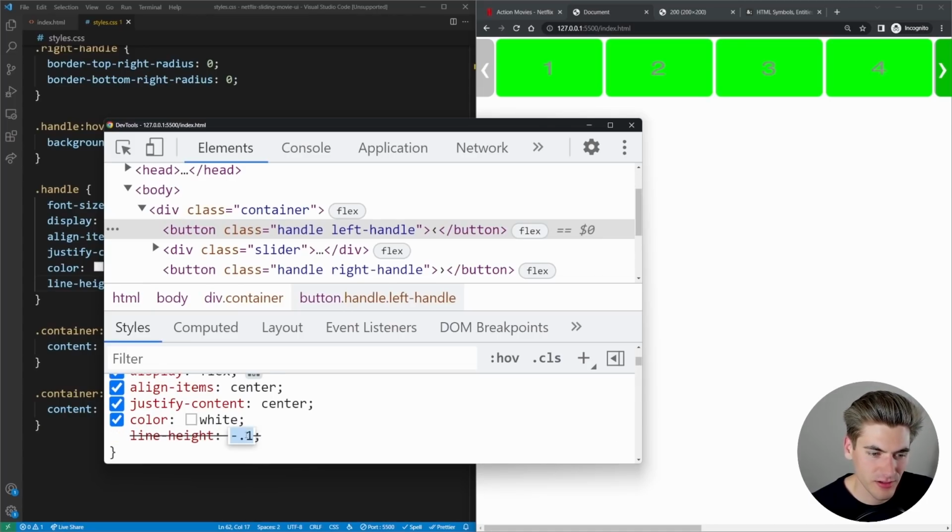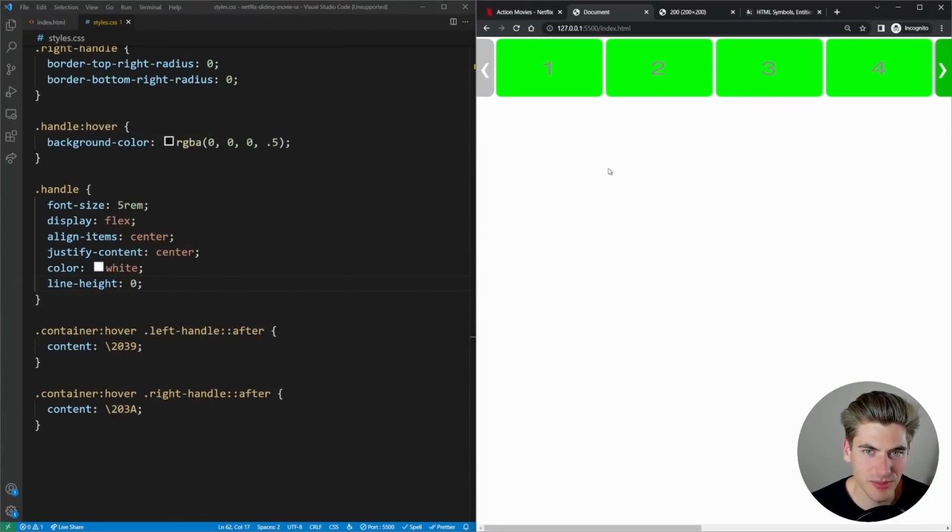You can't do a negative line height. You do like 0.1. That make it more or less centered. Let's see if I change it to 1. Doesn't actually look like line height's moving it at all. Yeah, the line height's not changing anything. It's not perfectly centered, but it is close enough it probably won't matter.